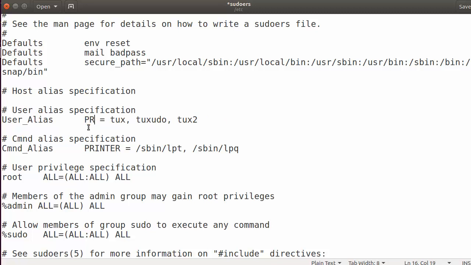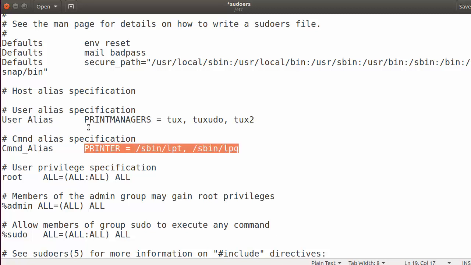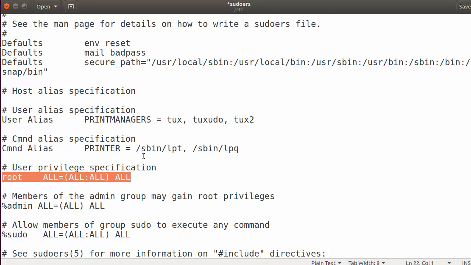Let's use an example that's a little bit meaningful. These are the print managers. These are the users that need to be able to do stuff with the printer that's connected to my workstation or my server. These are the commands that are used to do anything with the printer, for example. Okay, and then we have this weird syntax. There are different types of alias, like host alias, etc., that you can also define. But what is most important for us is to look at the syntax here. This is really the core of how you specify privileges